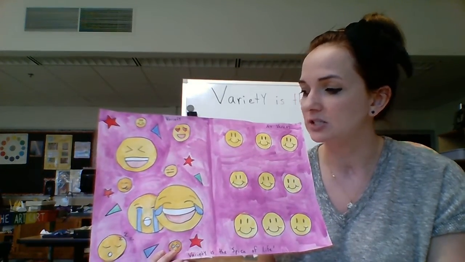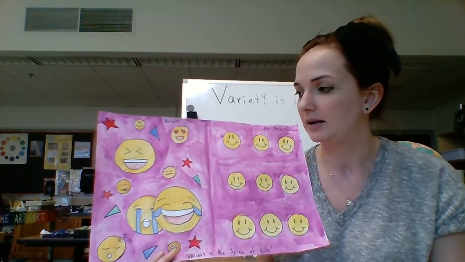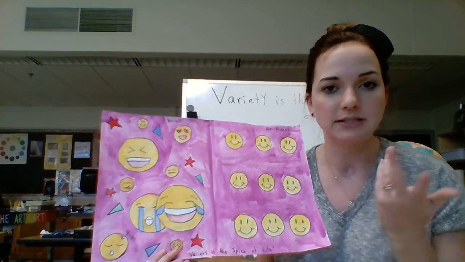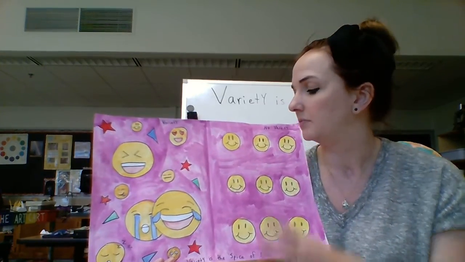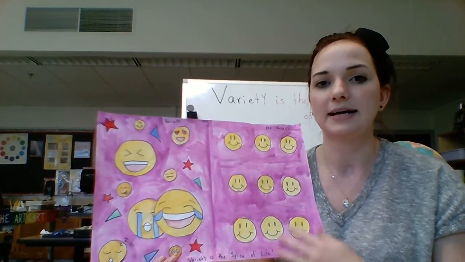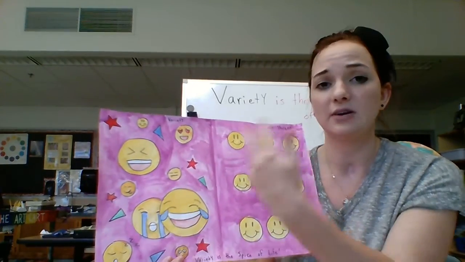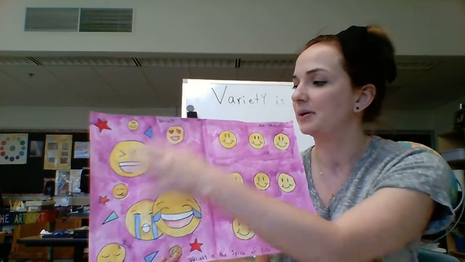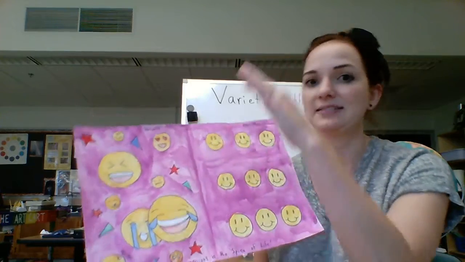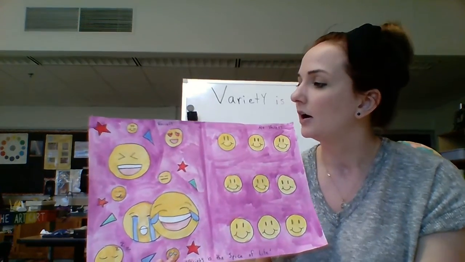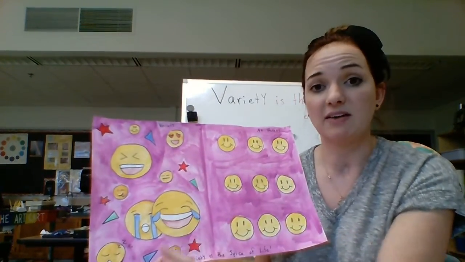It's up to you what objects you're going to use, but this is just a great art project. And if we were in the art room together, that's what I would tell you. Just choose something, the same thing on one side again and again in rows, and then on the other side you get to mix it up. So maybe for you on this side it's different Pokemon, different sizes, different shapes. You get the idea. This is the side that's going to have that variety to it.